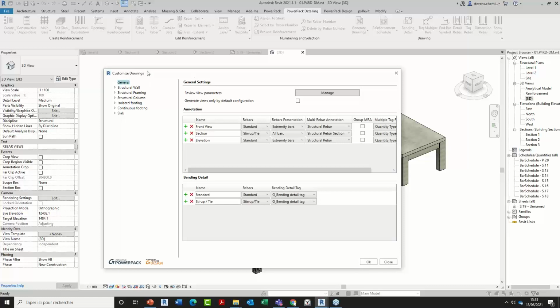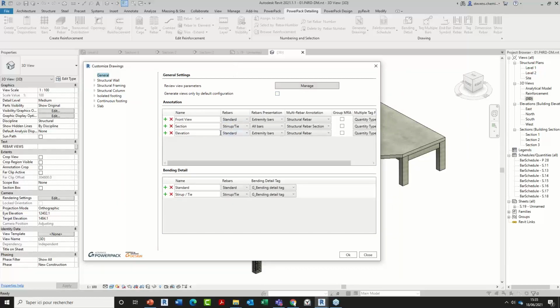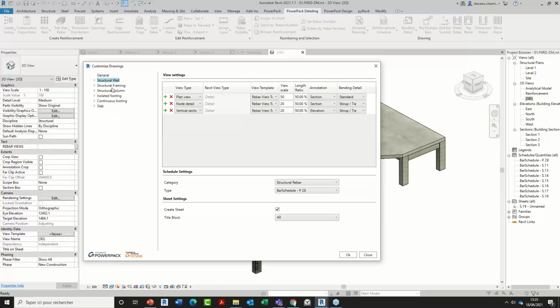So in this dialog box, firstly, we will automate the annotation. Maybe I will explain starting with another angle: the Revit categories. Which categories can we address?